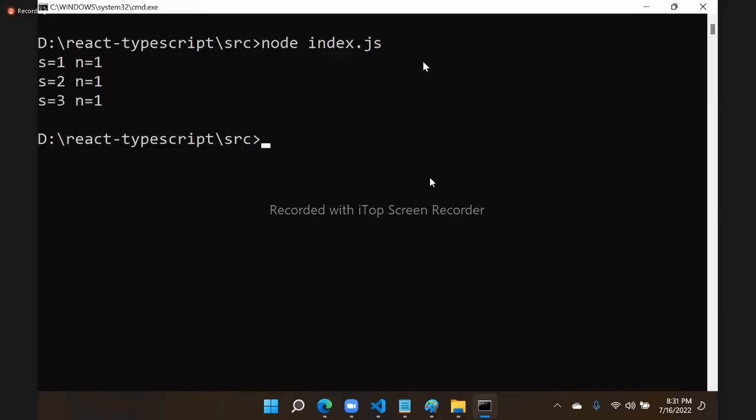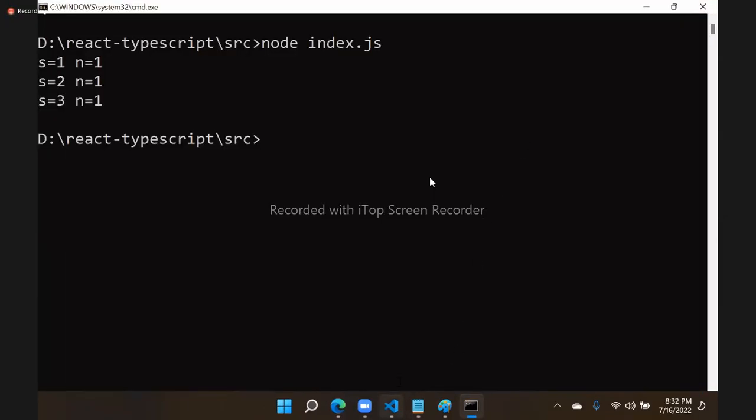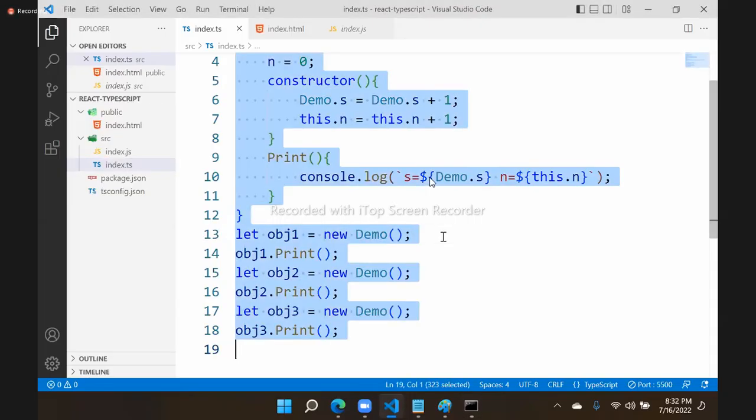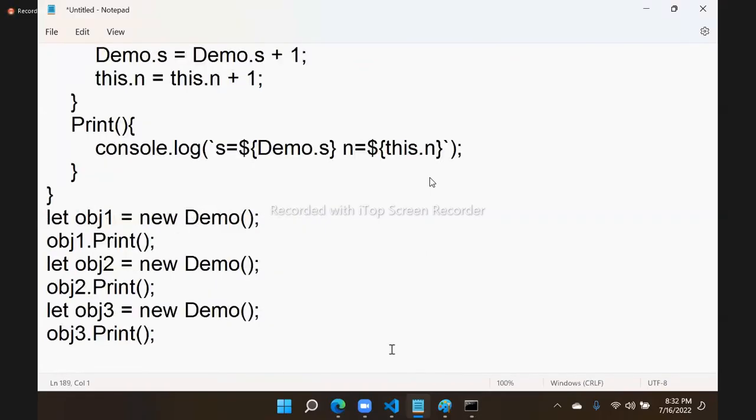Three different objects, but static is continuing. First object memory continues to second object memory continues to third. So static is continuous memory technically, and non-static is discrete memory. This is a simple, straightforward concept. Nothing else is to be discussed about static and non-static, like how they are accessed, the class names, instance. These should not be definitions at all. So continuous memory,